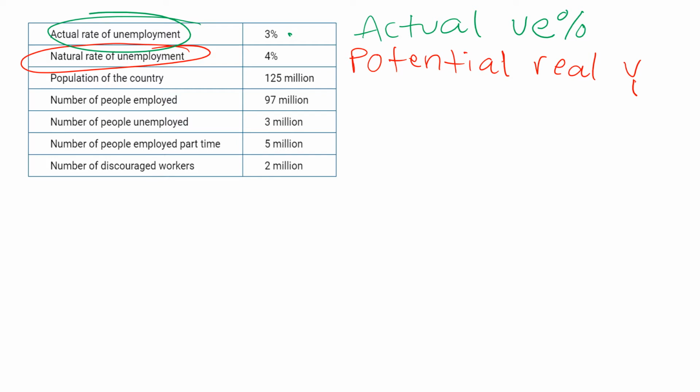Okay. And this actual unemployment signifies to us our actual Y, right? Our actual level of output. Remember that if unemployment is really low, output should be really high. In other words, if there are a lot of people who have jobs and the unemployment rate is really low, we're probably producing a lot. That makes sense, right? Like, why else would we have so many people working unless we were producing a lot